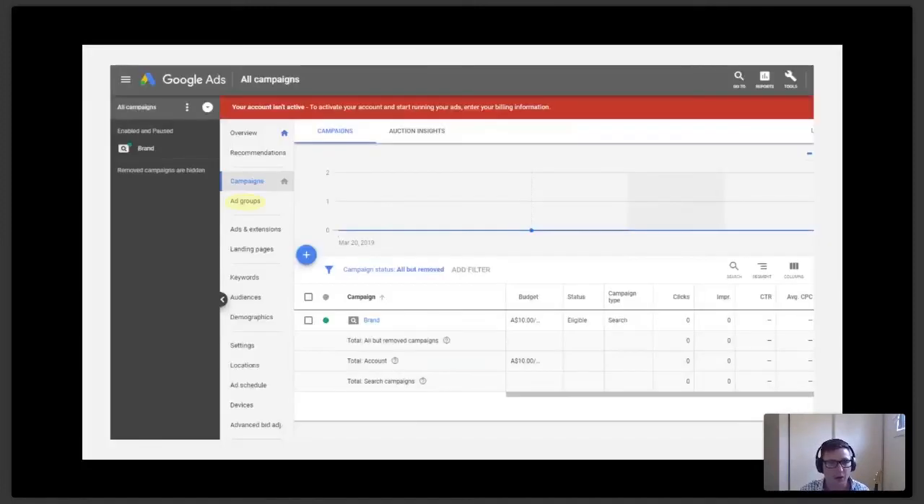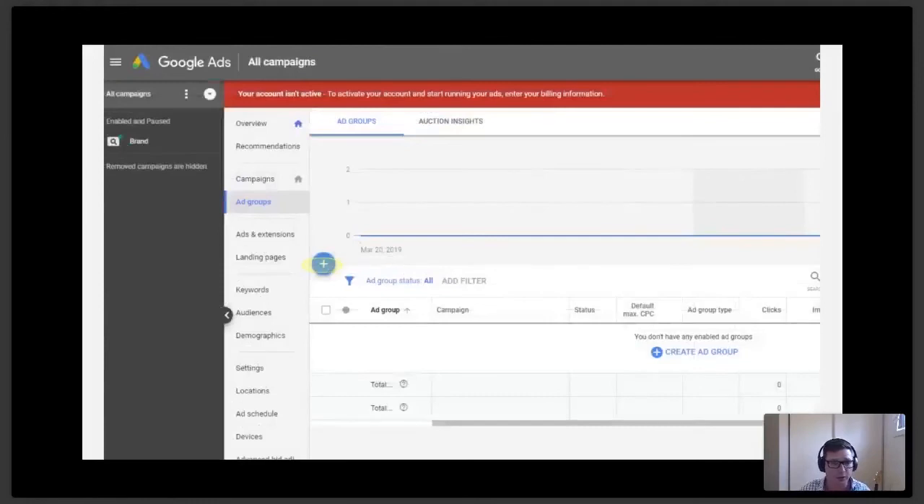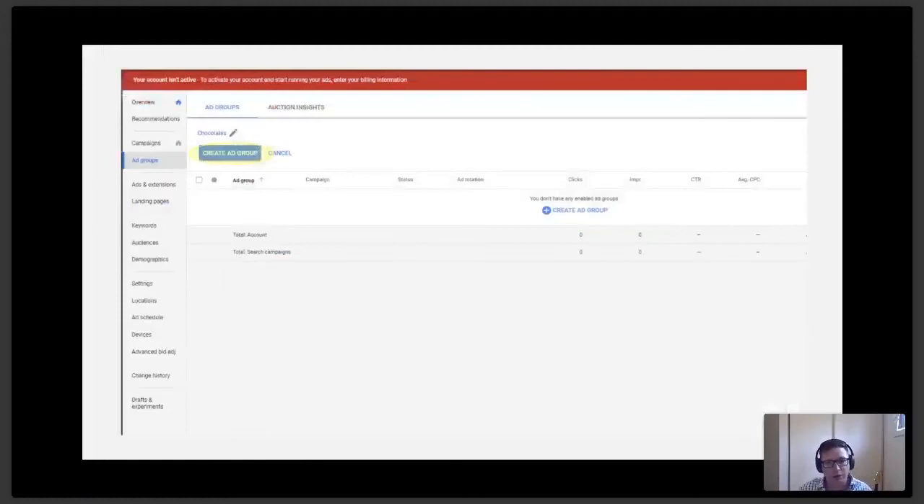Moving along, we've now got our brand campaign created. For all those of you following along at home, I'm very impressed if you've got there already. So we've created our base campaign, and now we're going to go through and actually create the ad groups. So we're going to create an ad group,